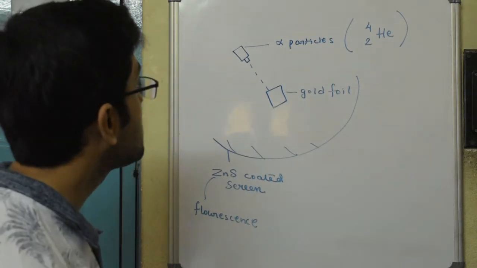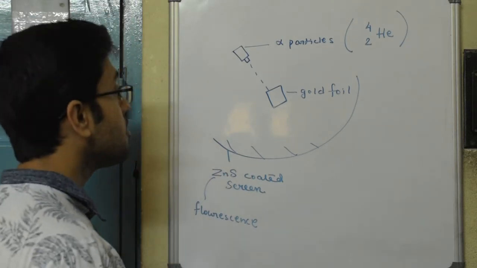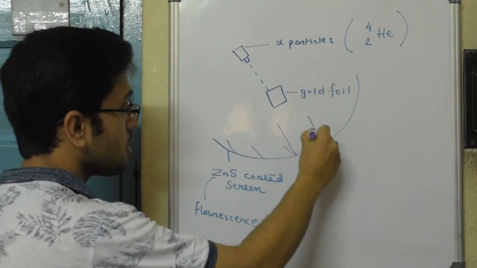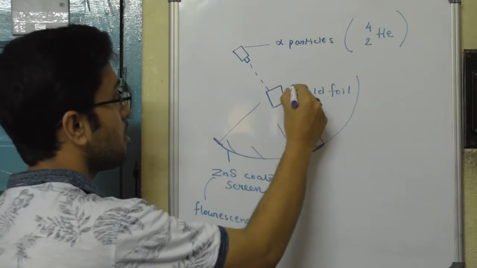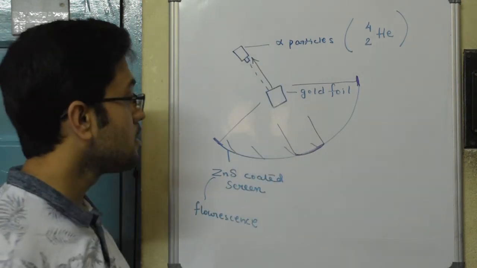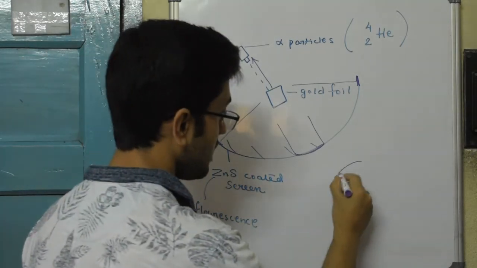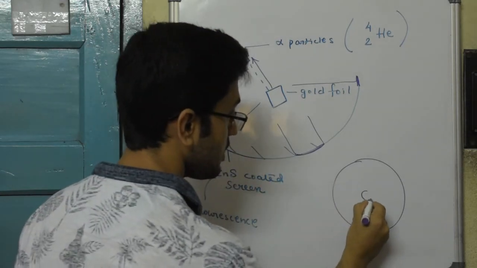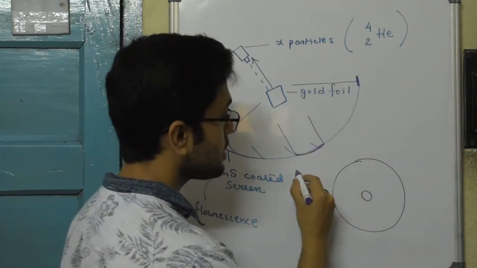So in this experiment, whenever Goldstein performed the experiment, he found that there were a lot of particles which were causing the fluorescence in this region. There were a few particles causing the fluorescence along these 2 edges, and some of the particles traveled exactly back. So what was the conclusion that Goldstein drew from this? Well, Goldstein said that if this is an atom, then the positive charge is somewhere inside. It is concentrated in a very small region. That is why when these alpha particles were traveling,